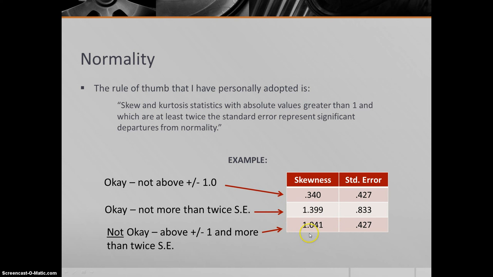Now what about this one? It's a skew statistic of 1.04, so it is above 1. If the standard error is 0.427, it's twice that. So now I would say this is a problem. This is over 1, and the standard error is less than half of the statistic. So I don't trust this distribution. I need to transform it or address it or use some other statistical technique that